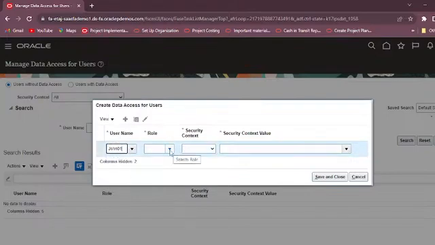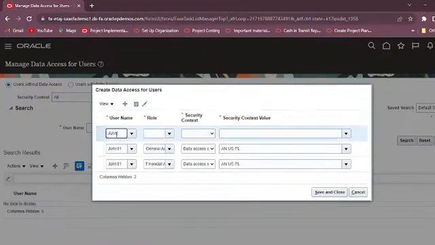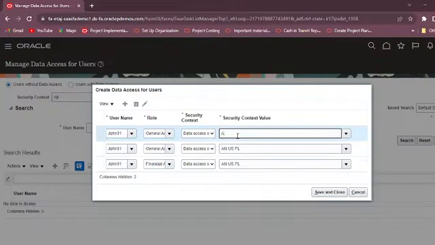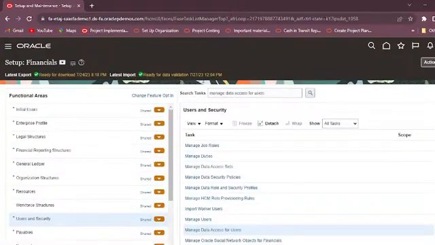To John we will provide the data access for US ledger. Now click on done,